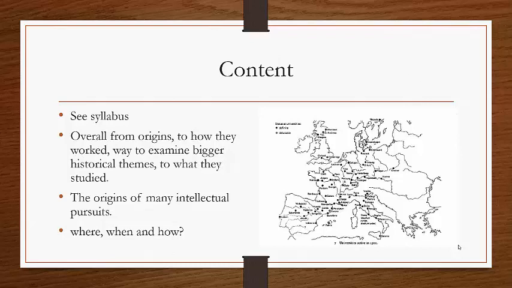We're going to look at how they worked. It's a great way to examine bigger historical themes, particularly in the way that they worked, because they had a really peculiar relationship with towns, rulers, popes, and there are some really interesting examples that we can look at to look at much bigger historical themes. Like, we're going to see how the University of Cambridge came about because students in Oxford actually committed a murder. So yes, we will even get to look at medieval murder tales in this course.